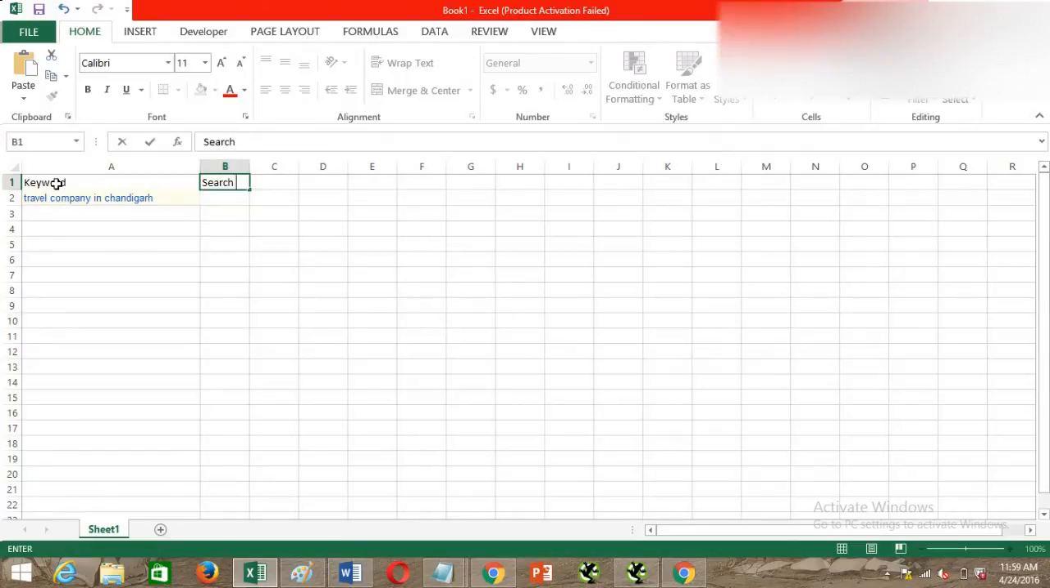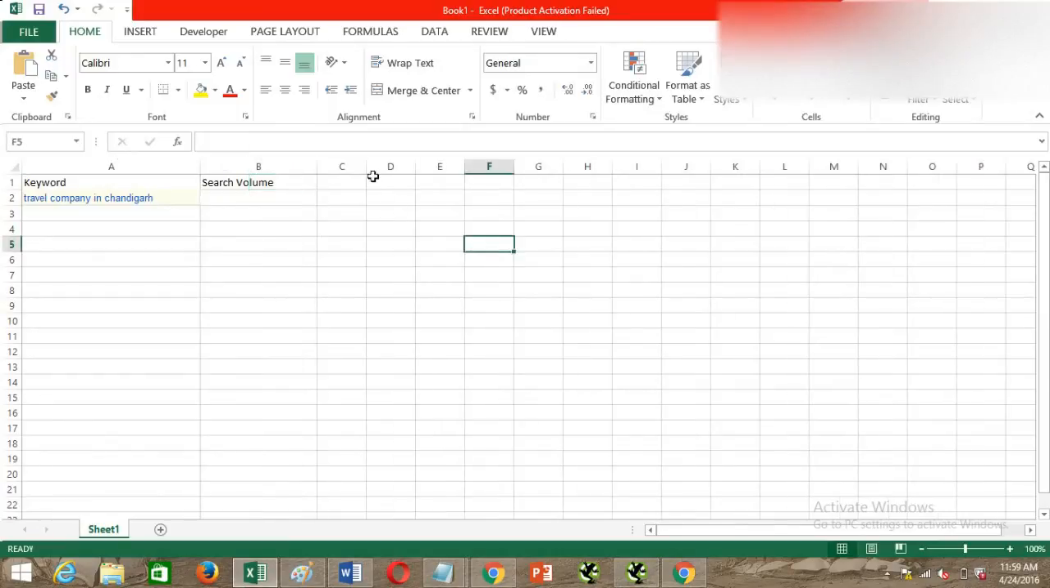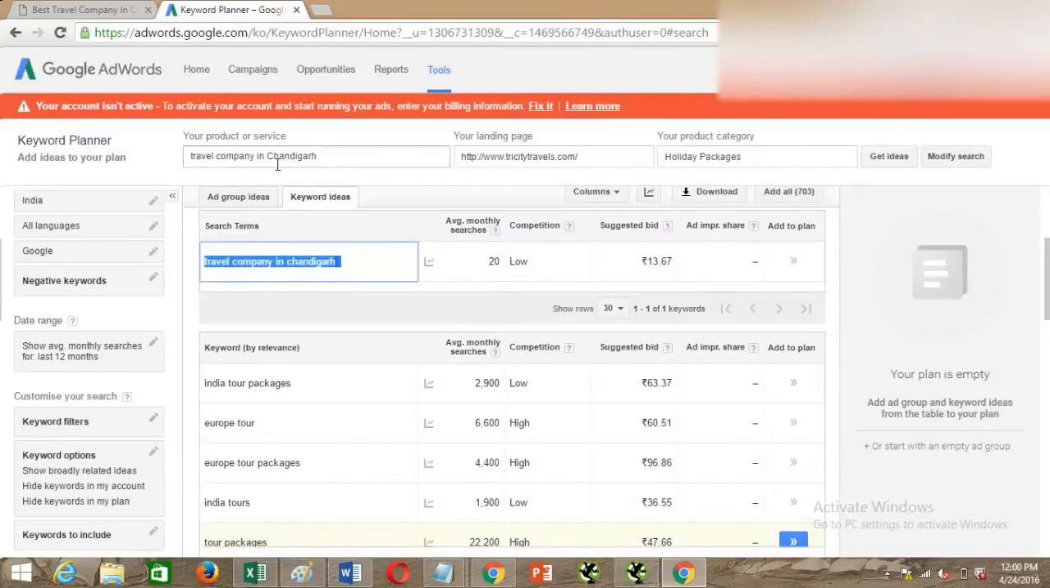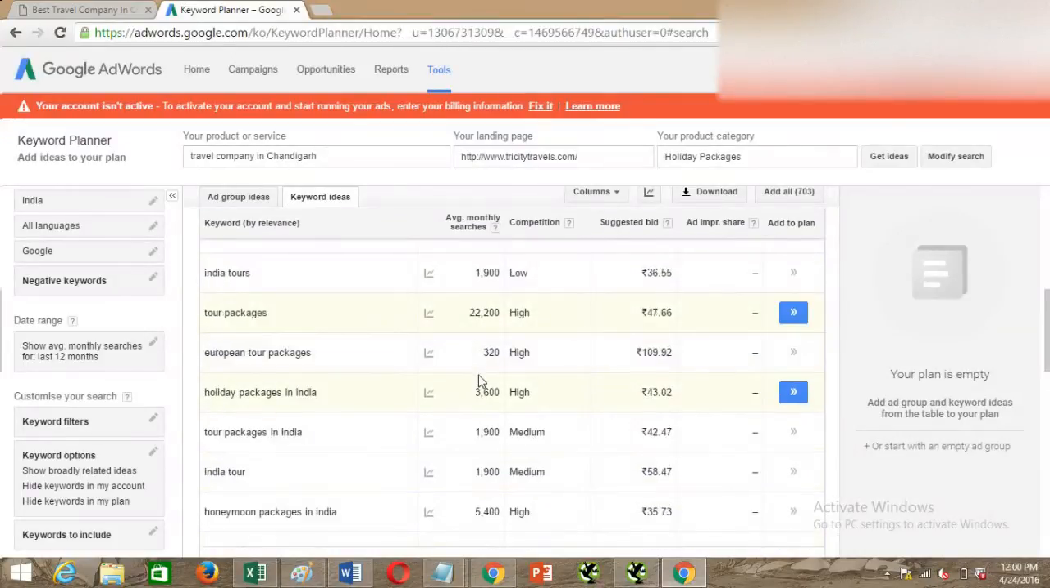This is how you can make your Excel so that it is easy to manage, and whenever you feel like reviewing your keywords or checking the baseline ranking for them, you can use this Excel sheet. And then here you can mention the competition. So my search volume is 20 and the competition is low. So based on that, you can see there are different